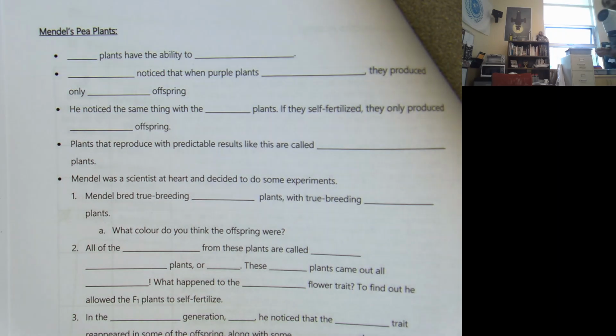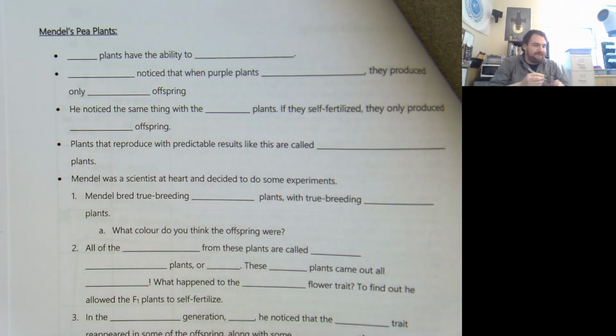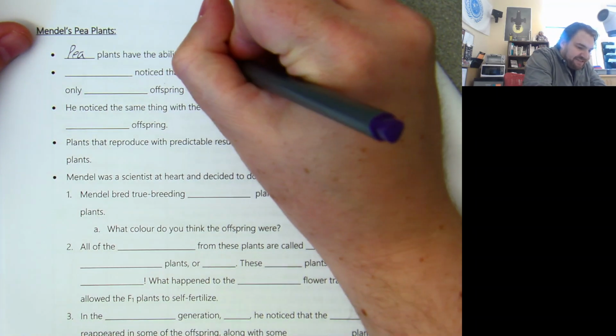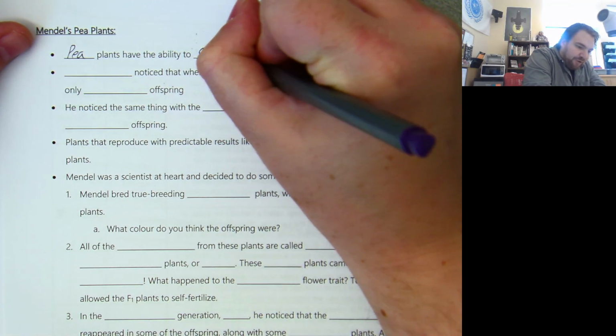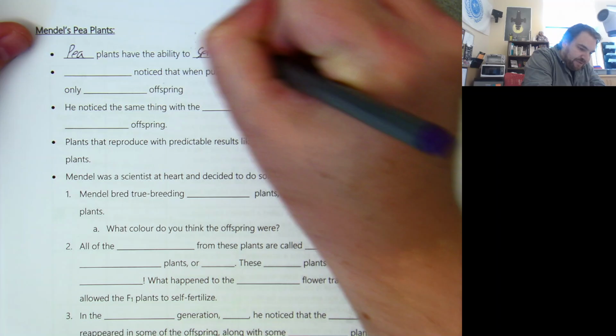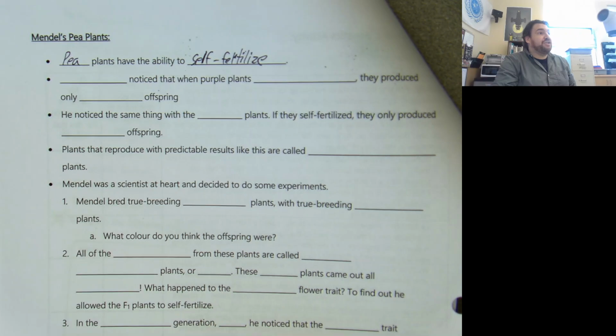So this guy, Gregor Mendel, did his work with pea plants. Pea plants are special because they have the ability to self-fertilize. Fertilize is the language that we're going to talk about in here. If they don't get cross-pollinated, they can self-fertilize. And effectively, if they self-fertilize,